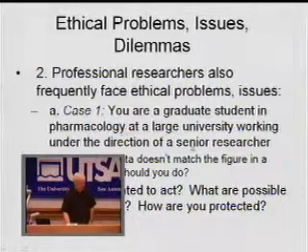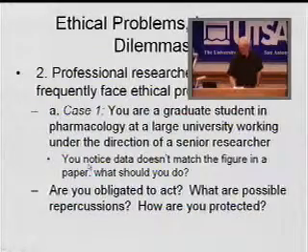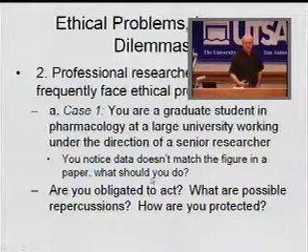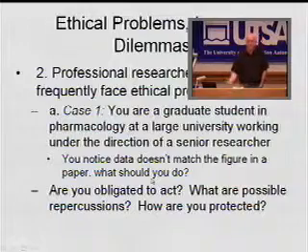You're a graduate student in pharmacology at a large university working under the direction of a senior researcher. You notice that the data doesn't match the figure in a paper, what should you do? So here it is. Are you obligated to take action? What are the steps that you should take? And there are several